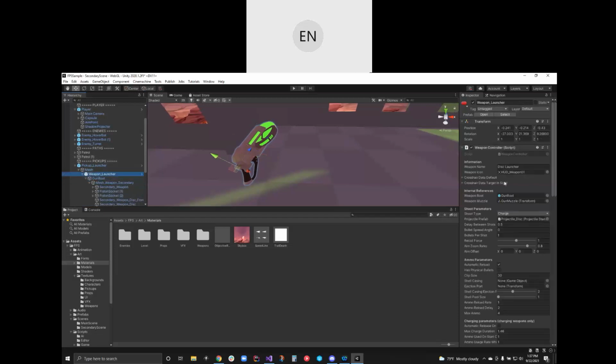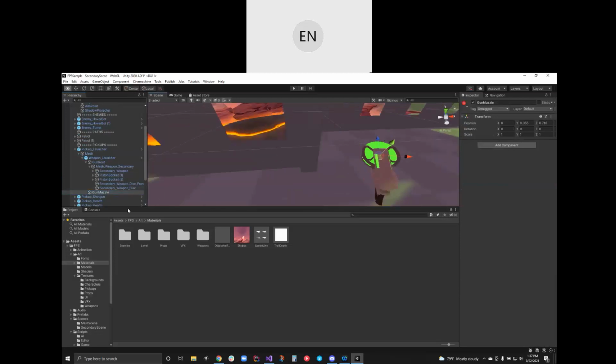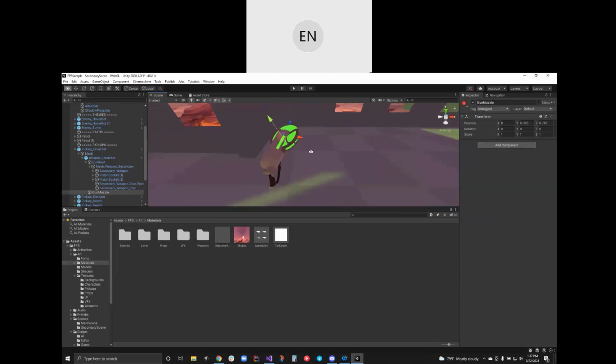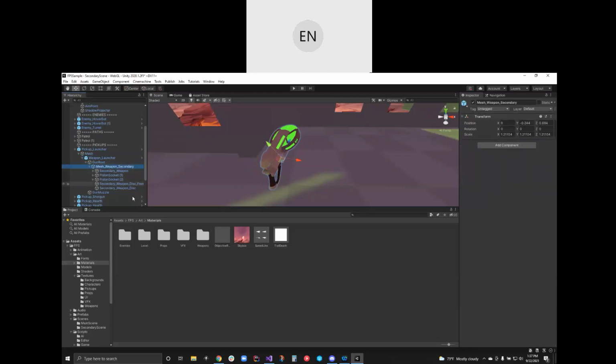What I wanted to look at was some of the mesh parts of this thing. All right, the muzzle. No, that's just the location. So this gun muzzle is a transform that's used whenever you fire something. It needs to know where to start moving the projectiles. So this script uses that location to know where to spawn the projectiles and stuff. Anyway, here we go. Mesh weapon.